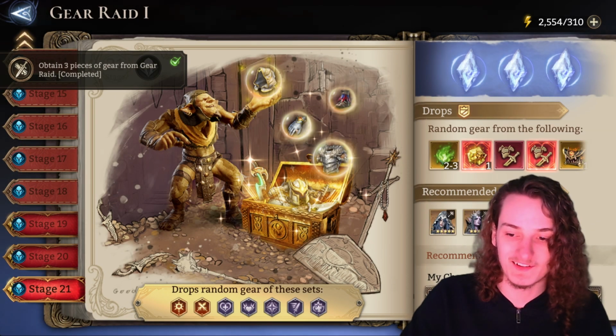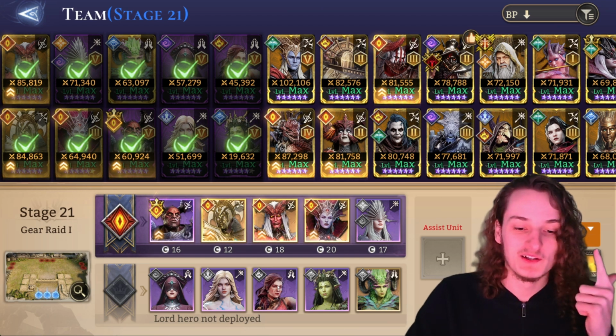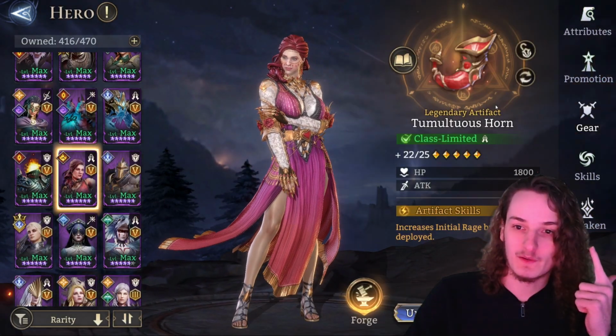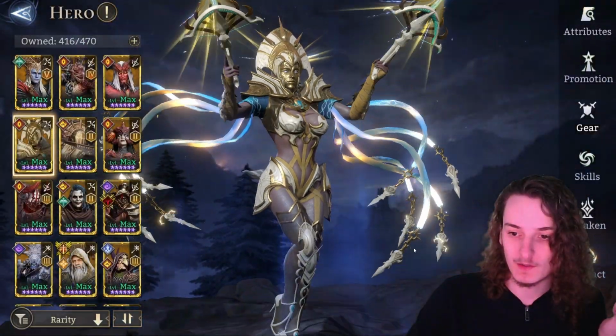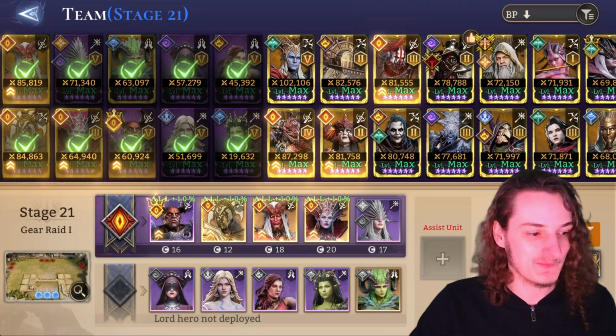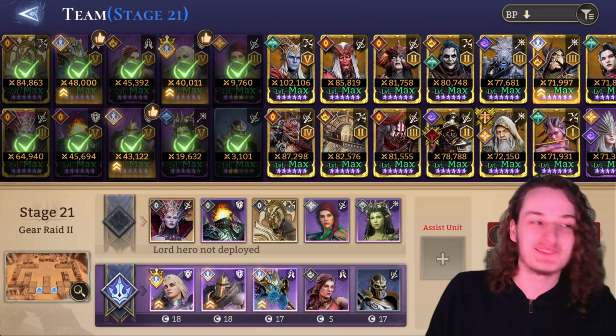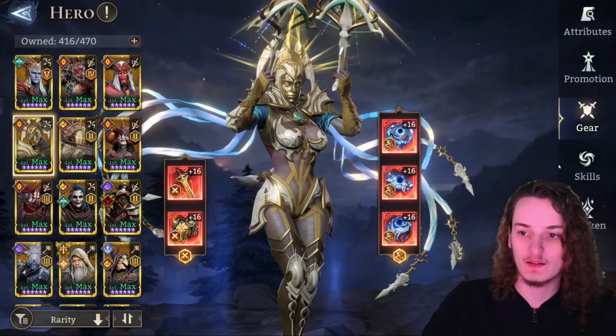mistakes were made. Number 1, don't let Mary die. Number 2, change the artifact from your Dolores. And on the note of artifacts, because I think I forgot to talk about it, use an Idrit's Gaze on your Hatsut. Alright, Hatsut 221 time,